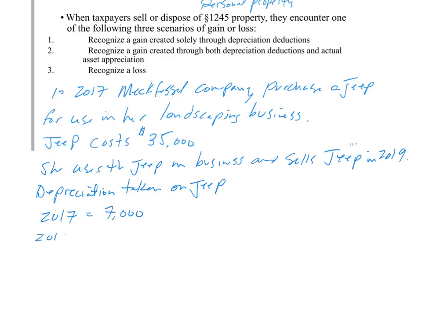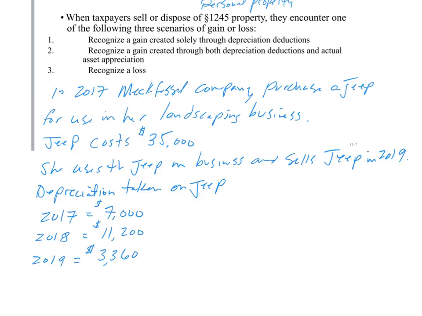Her depreciation in 2018 would be $11,200. And then in 2019, remember this is half-year property, and so her depreciation in 2019, the year she sells the Jeep, is